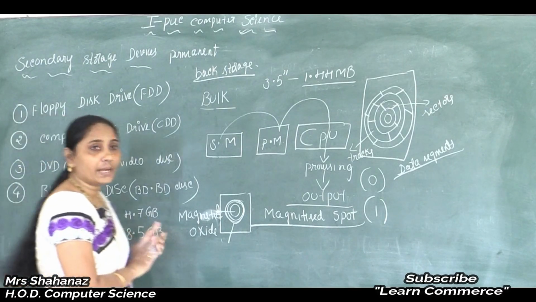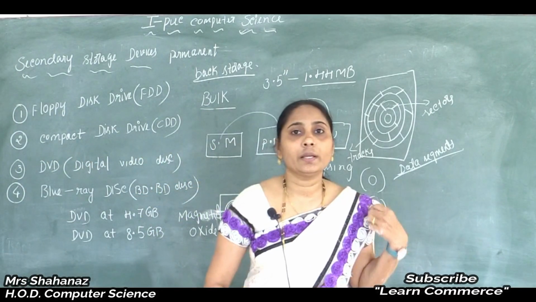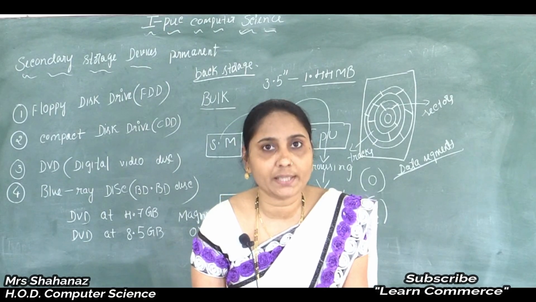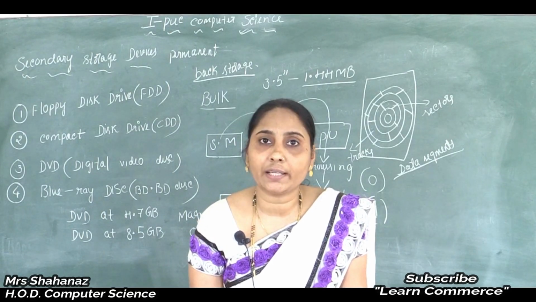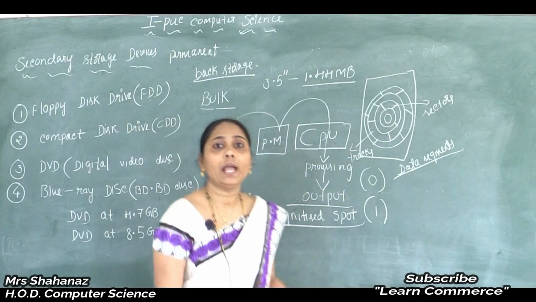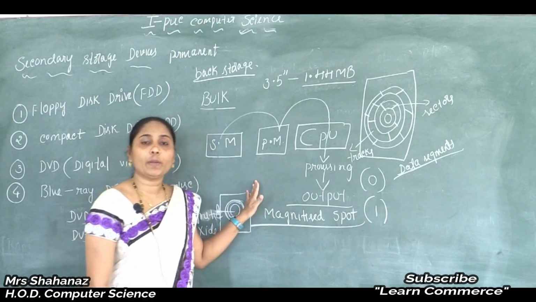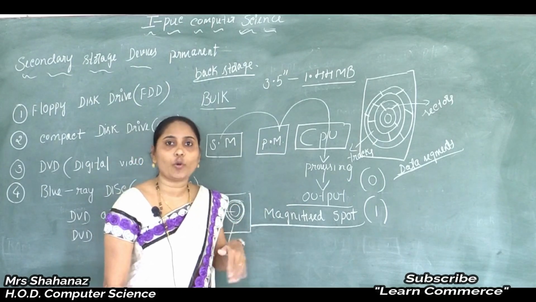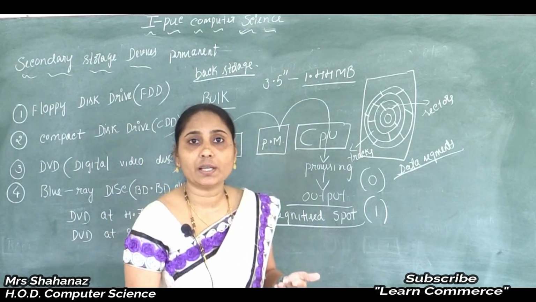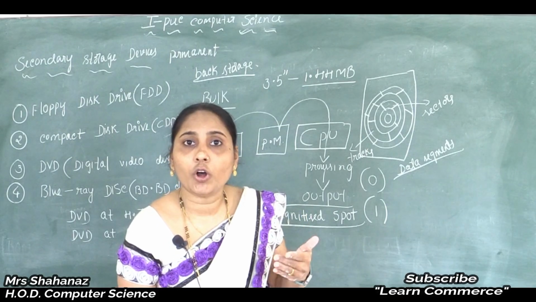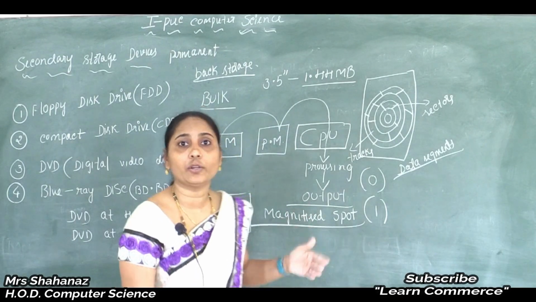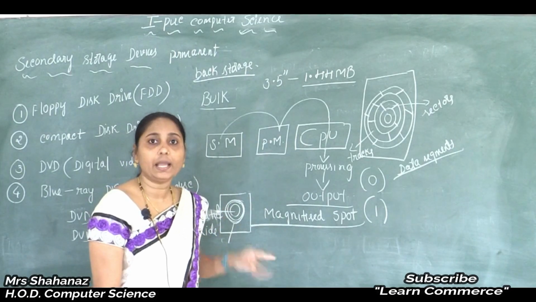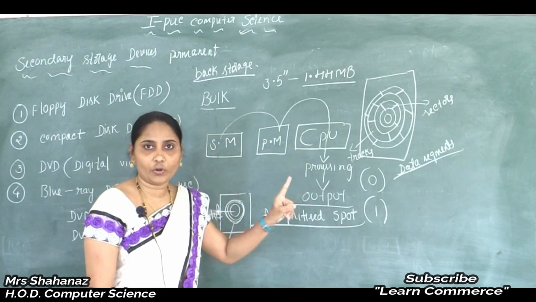So we can say that in our floppy disk, if any data is going to be added to our floppy disk, we use such data in terms of the magnetized spot, or by using the values 1 and 0. Maybe in case you want to add the value, that means here the magnetized spot or the binary number indicates the value 1 here, and non-magnetized spot indicates the binary value 0 in this case here.